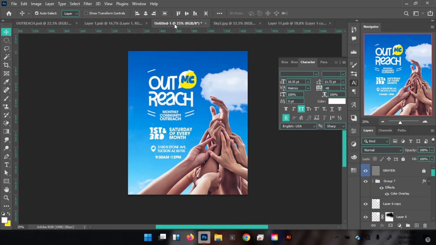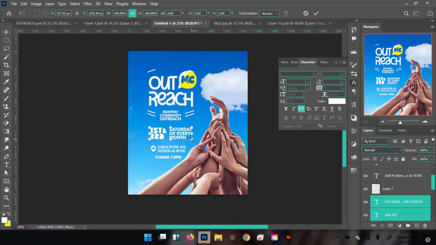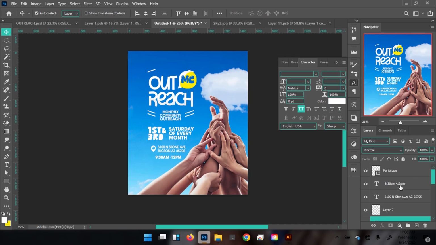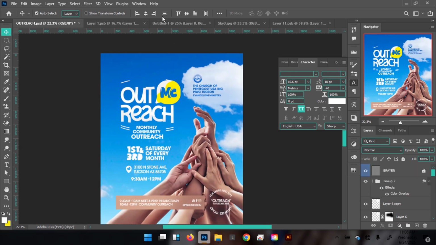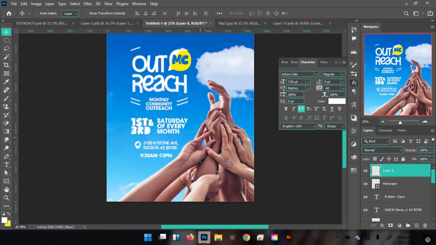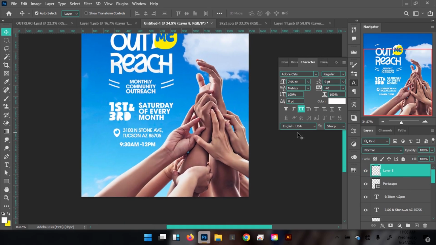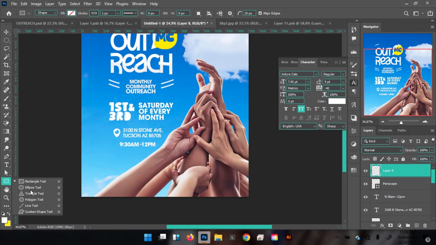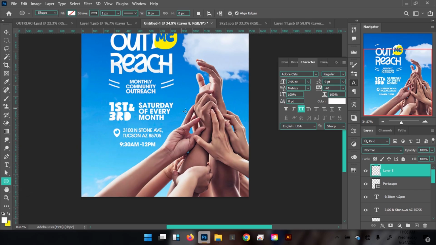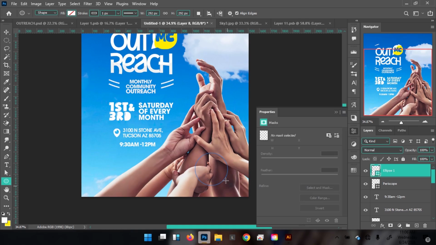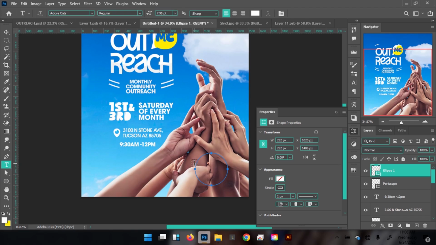See that? Select this, shift Control T, then scale them up together. And yes, let me do one complex thing here. Not that complex. This is how I was able to achieve this. In here, I created a new layer, U for the shape tool, right click, and then went to the ellipse tool here, shift and drag to get an even ellipse, and then just press T, then left click and type